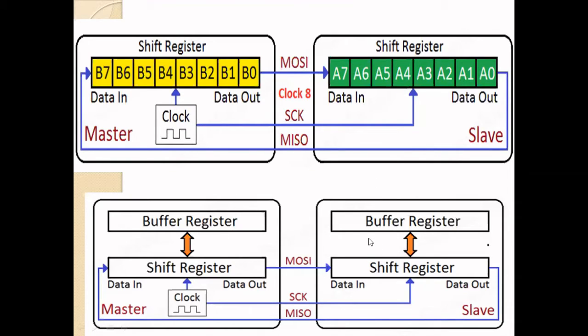Suppose I am going to transfer from slave to master. I have 10 bytes; the first byte will move to the buffer register. From the buffer register, it will move to the shift register in parallel. This is called parallel data transfer. From the shift register, the bits will be transferred one by one to the master shift register. When all 8 bits are transmitted, this shift register will become empty. Next, from the buffer, the second byte is moved to the shift register. Next, the third byte will move to the buffer register. Like this, the data transfer takes place.